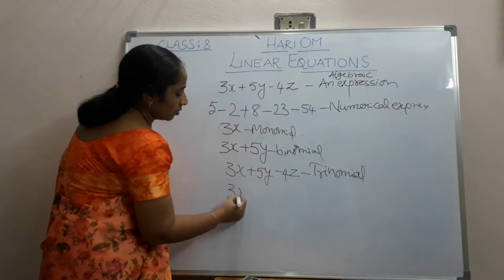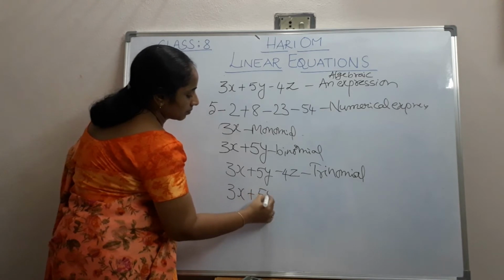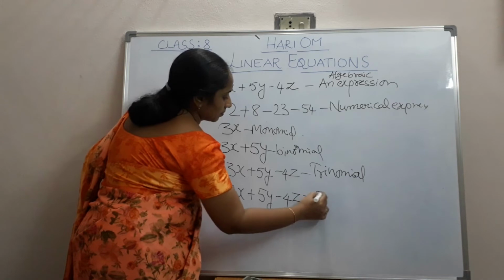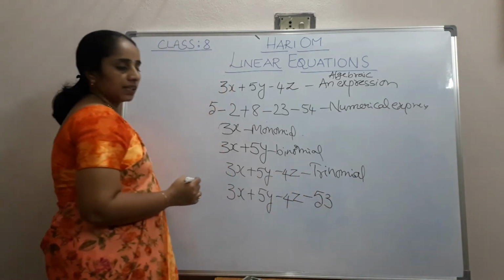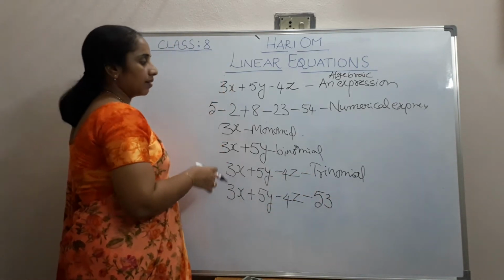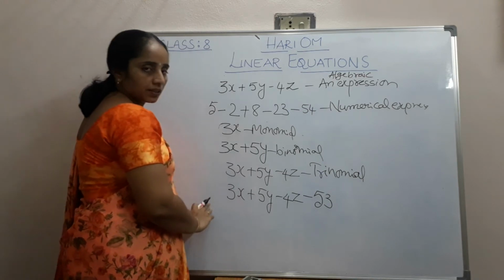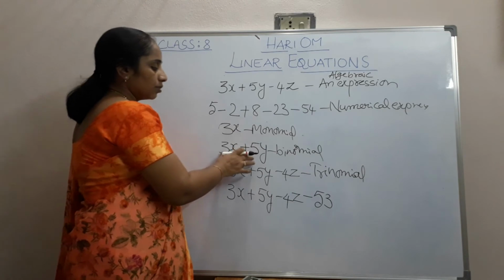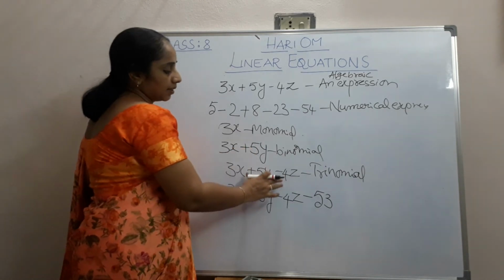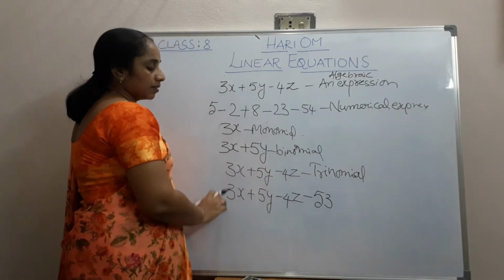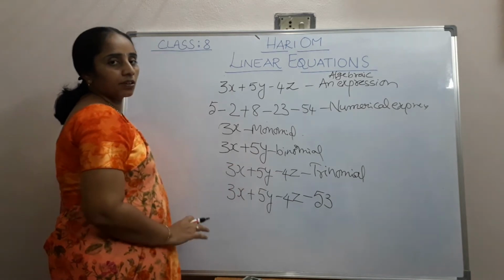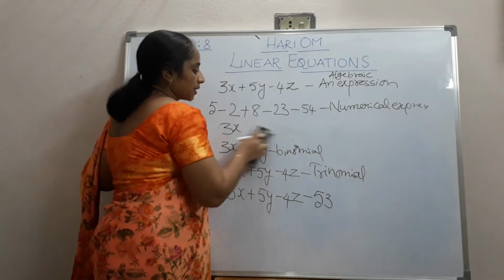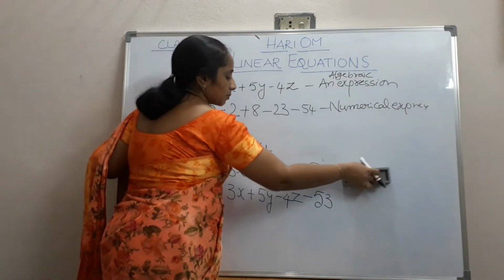If we have more, it is multinomial. So in an expression, if we have only one term, it is a monomial, two terms binomial, three terms trinomial, three or more multinomial. The same